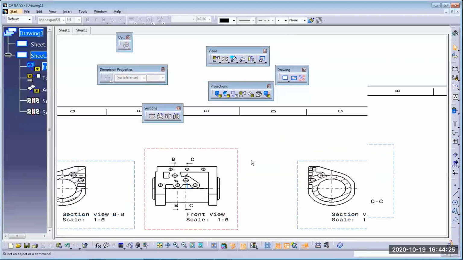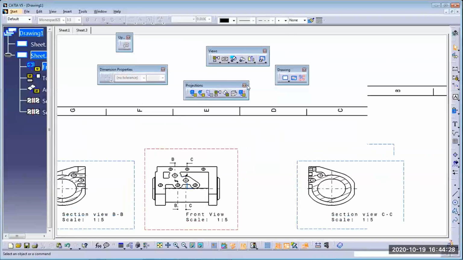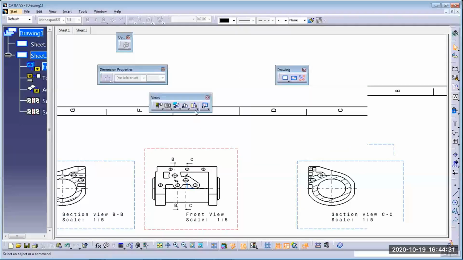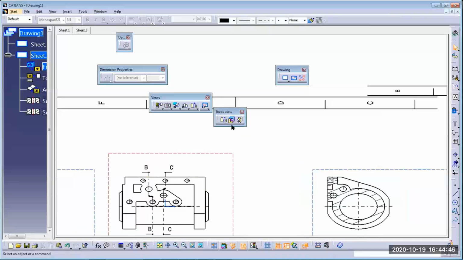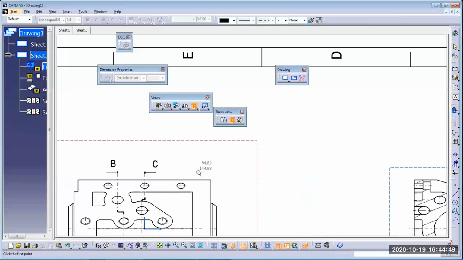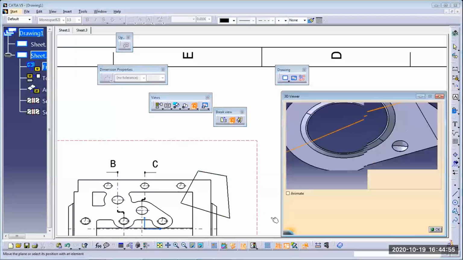Then what we need to do: in the view toolbar, select the second last option, drop down list. Here is the breakout view button. If you want to show a local section area, that time you use this breakout view and draw a zone using line, polygon.